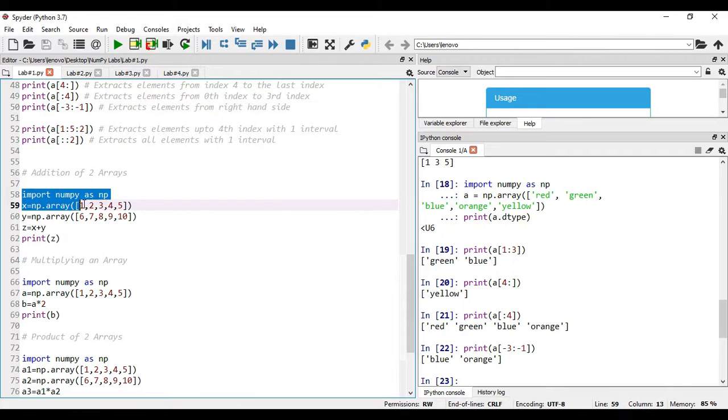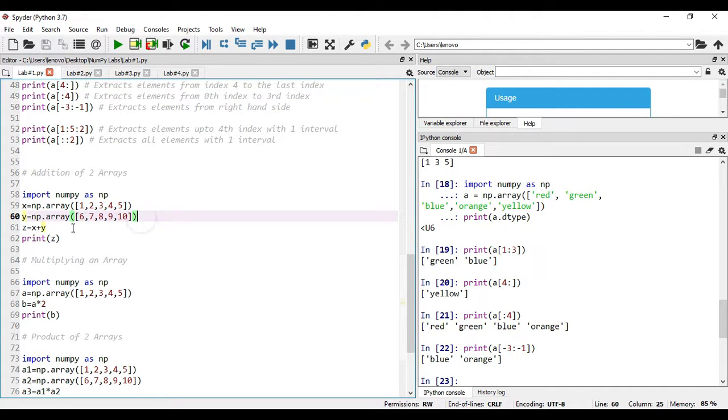The first statement is here, you import the NumPy package, then create two arrays. The first statement creates an array X with elements 1 2 3 4 and 5, and the second statement creates an array with the name Y and elements 6 7 8 9 and 10.